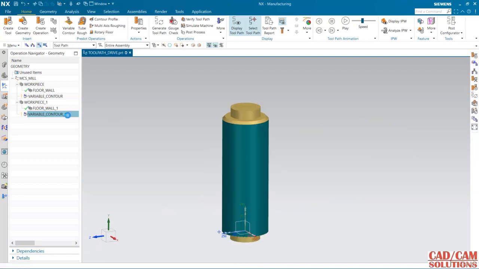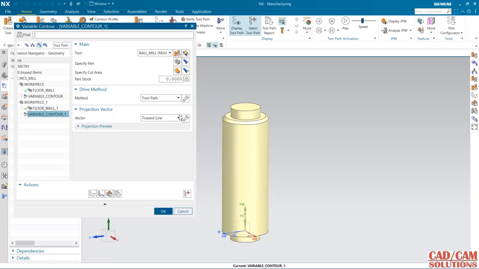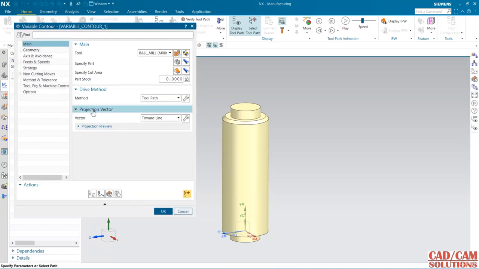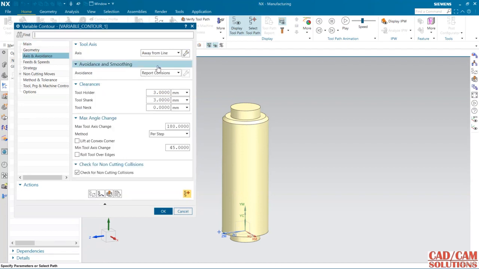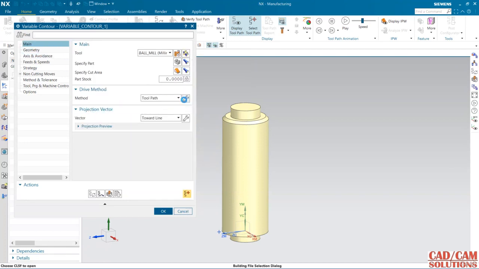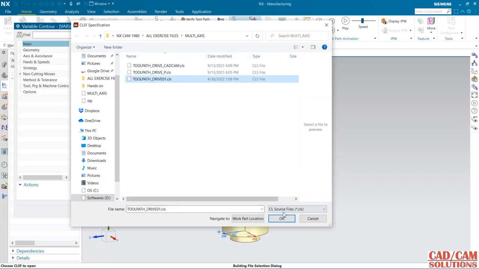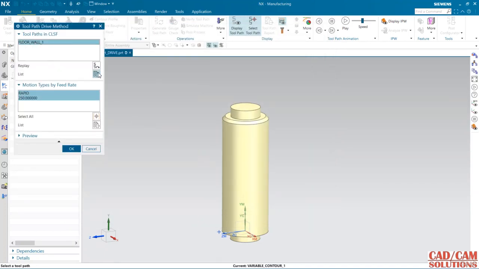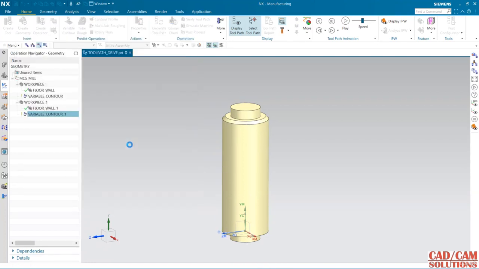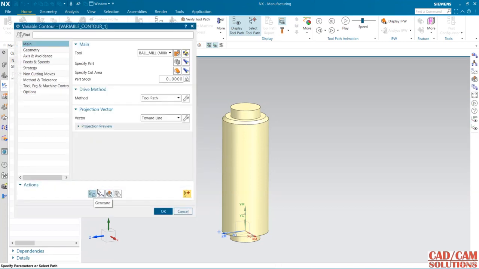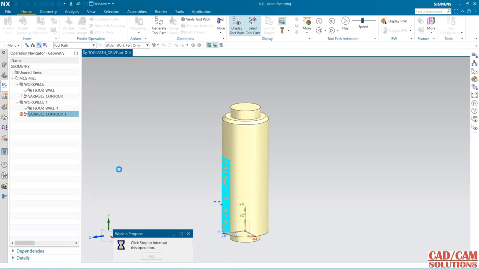So I'm going to edit it again, and make sure your projection vector is towards line and tool axis away from line, and my toolpath drive is which I have created. Okay, and generate. Toolpath will project over the surface. Okay,